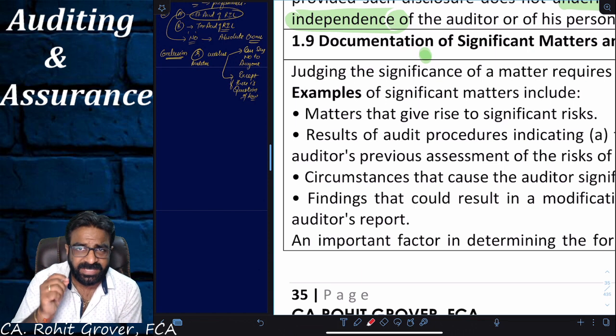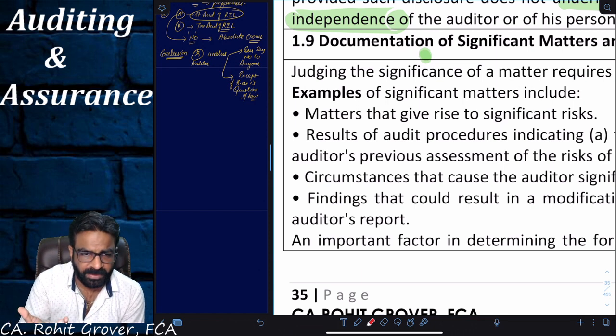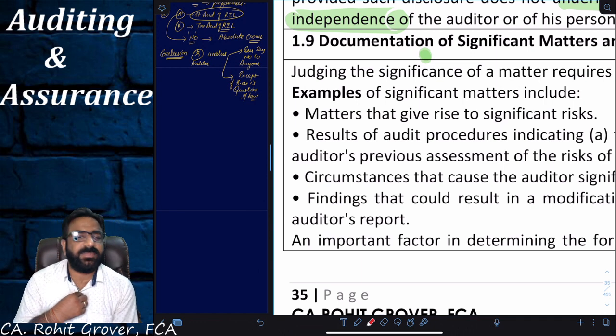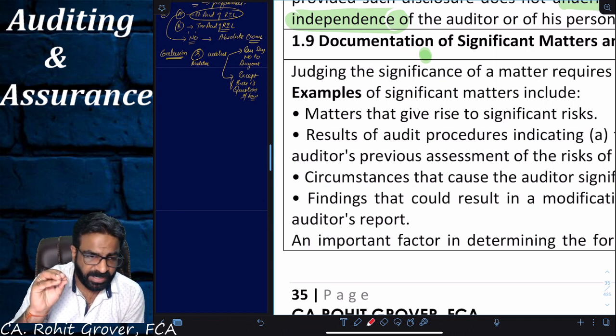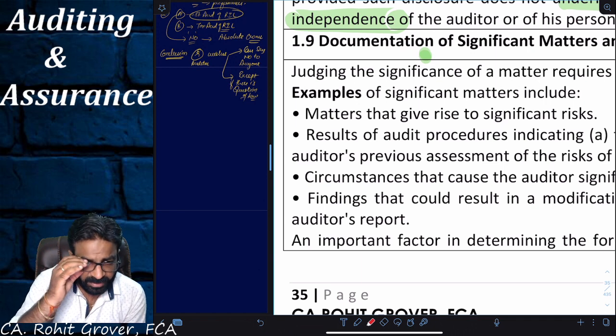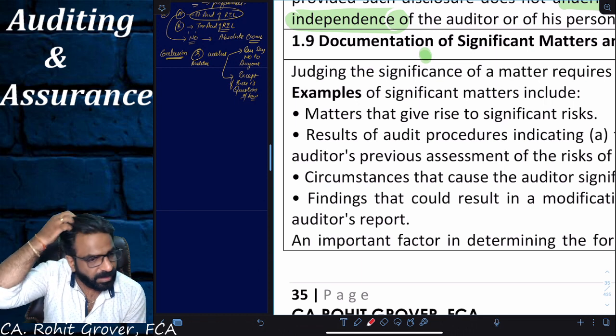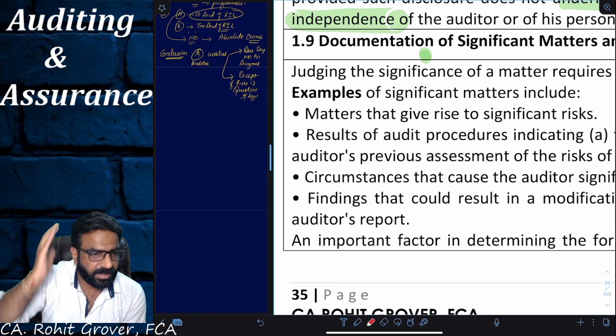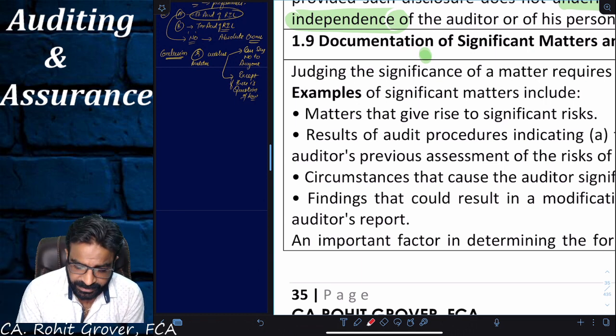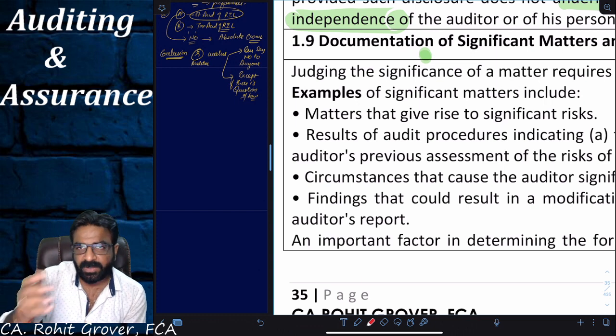Maybe. A single chartered accountant may or may not be. A single chartered accountant who is appointed as an auditor can become the auditor of the same company for the next 5 years. I hope you all know that section number 139 gives you the authority. Am I correct or not? So you can be an auditor of a company for the next 5 years. But that may be there or may not be there.